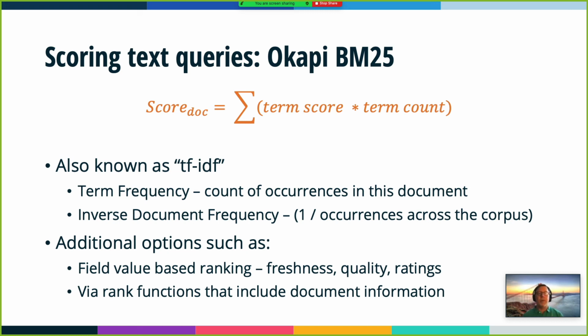So that's where we start to bring in these static items like freshness or quality or ratings, and where we start to use the user-based information to further discriminate beyond what the statistics for TF-IDF can actually provide us. And we build rank functions to include not only the document information, but the queries include the user information, and between that, that's how we get to a good ranking for a set of results.